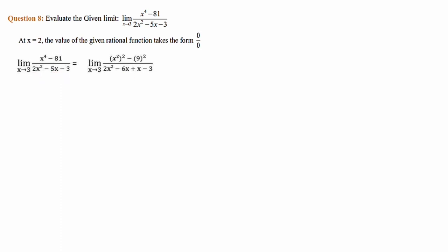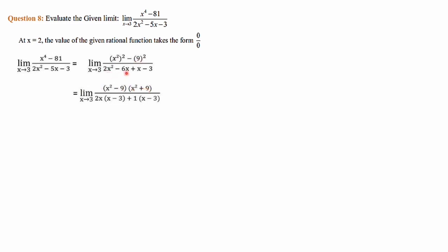The remaining terms are same, 2x square and minus 3, first and last term. Then let's go for factorization. A square minus b square is a minus b into a plus b. Here a is x square, b is 9. So a minus b, x square minus 9, into a plus b, that is x square plus 9, divided by,